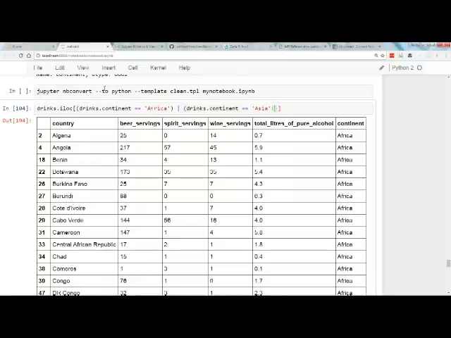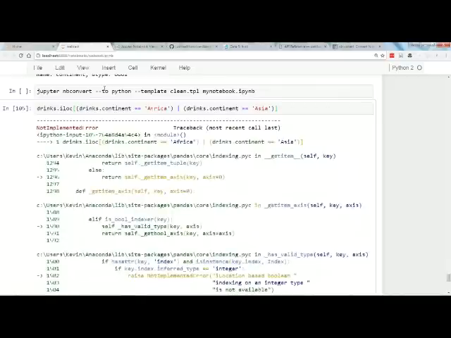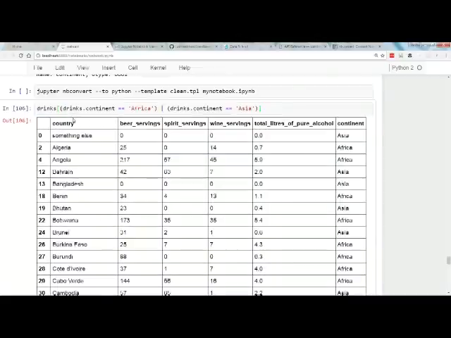Whoops, what did I do? Not loc. That's not what I want. I just want plain old this. So it is required that you use parentheses if you are using multiple conditions and passing it to bracket notation. Okay, that is all the questions there.